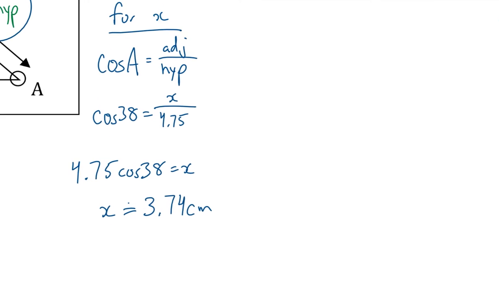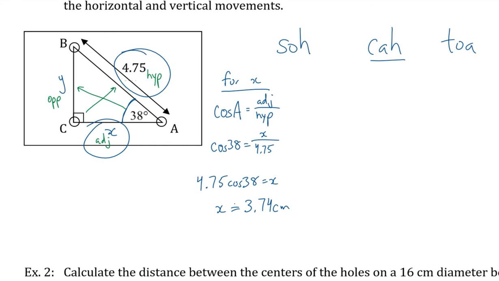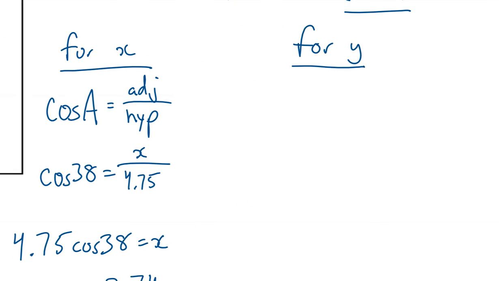And we're not quite done yet because we're supposed to find 2 side lengths. So now we have programmed our machine to go from A to C to drill the second hole. And now we need to move from C to B to drill the third. So that's finding y. And in this case, I still know the hypotenuse, but I'm looking for opposite. So that's going to be using sine ratio. I'm still going to use angle A,